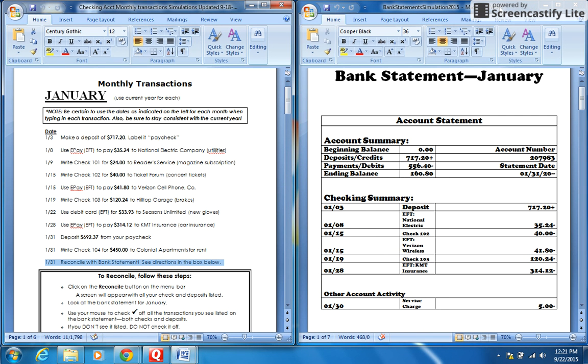In order to reconcile, I'm going to be looking mostly at the bank statement, which is on the back side of your monthly transaction sheets. If we add up all of these transactions that we made in January, all the way through 1/31, we get an amount that's about $345 as an ending balance. However, our bank statement says that our ending balance is